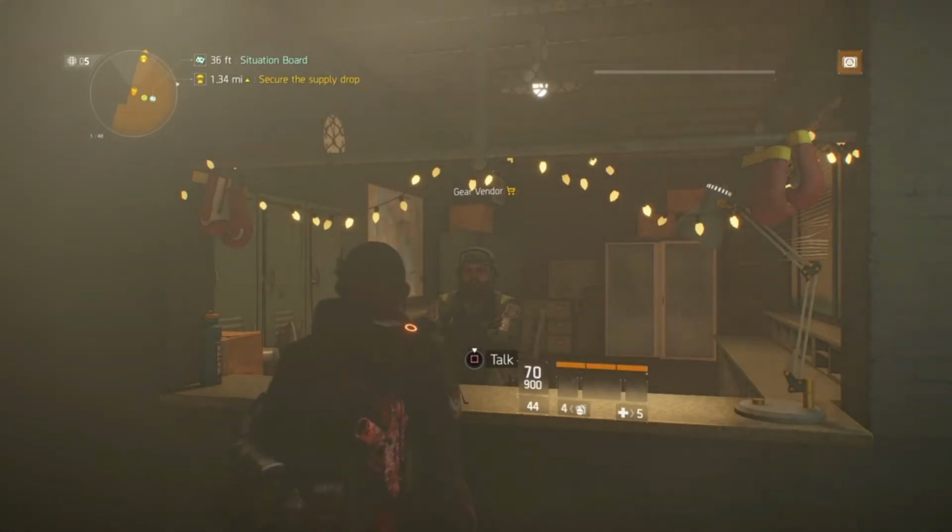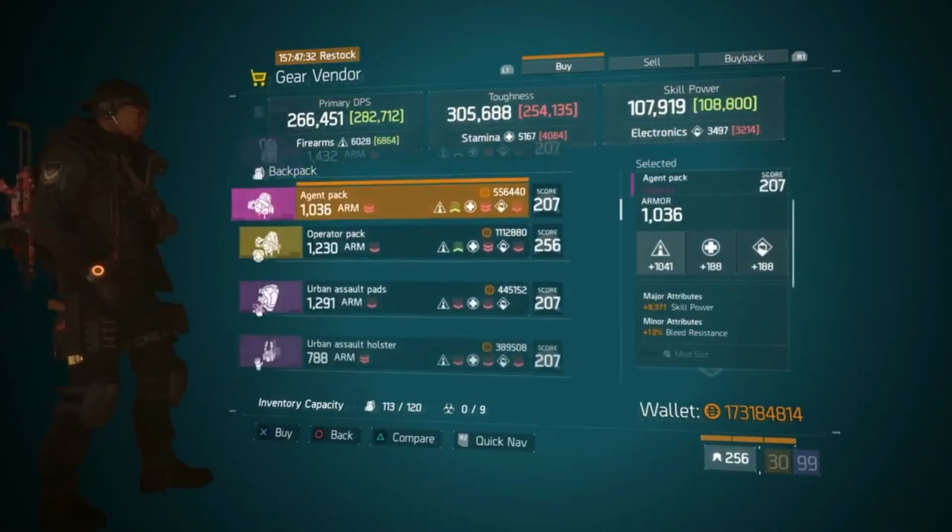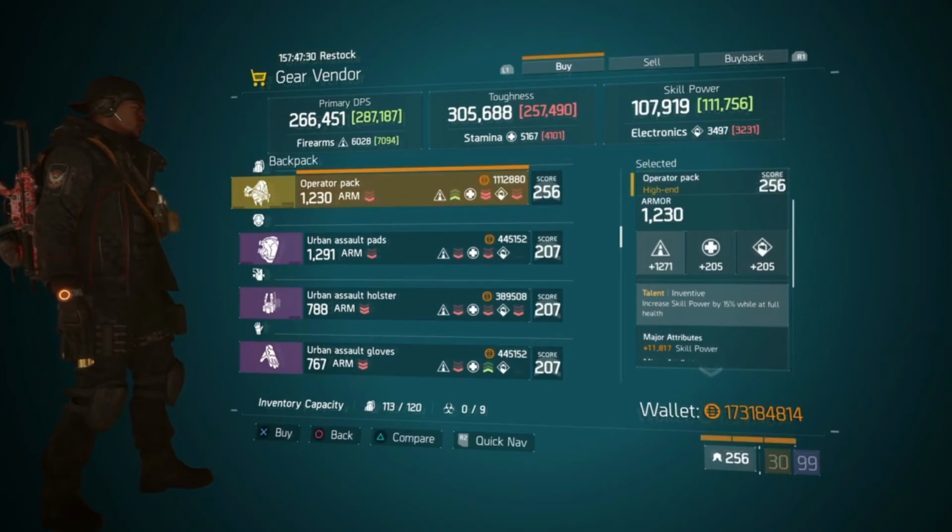At your Southpaw safe house this week, we do have a very nice looking Inventive backpack here. So Inventive increases the skill power by 15% while you are at full health. So this is great for those hybrid heal builds or your skill builds in your team. It does come with 1230 there as armor,